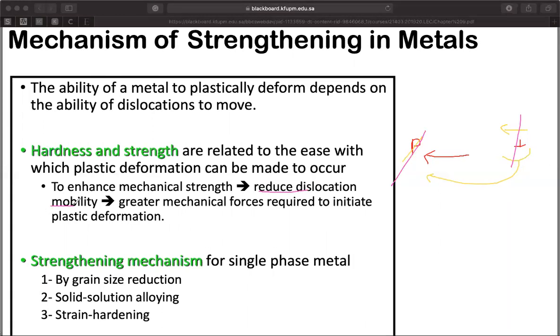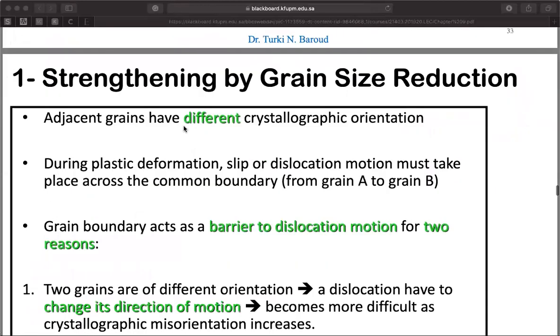We want to place more restriction in front of the dislocation, so it's going to need higher stresses in order to initiate plastic deformation. This is why, in the previous lecture, we went through 3 different mechanisms that allow the material to gain more strength: grain size reduction, solid solution alloying, and strain hardening of the material. If you go to the first one, the grain size reduction,